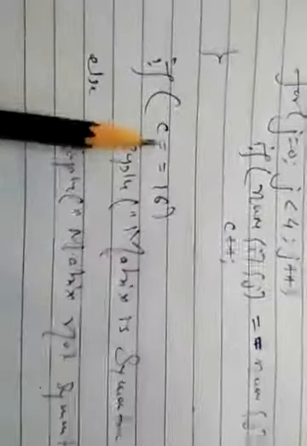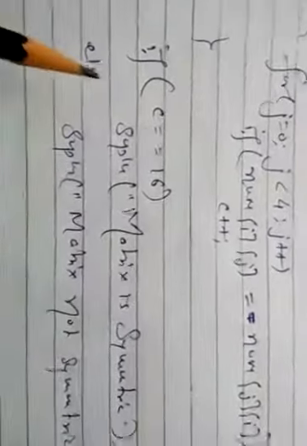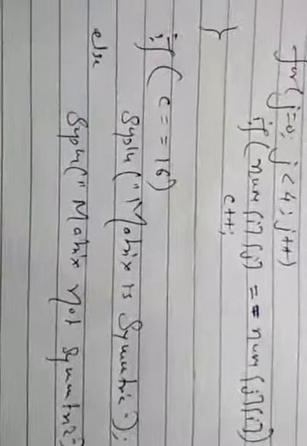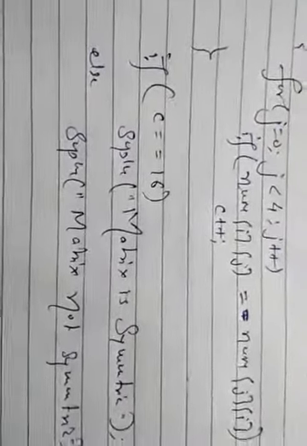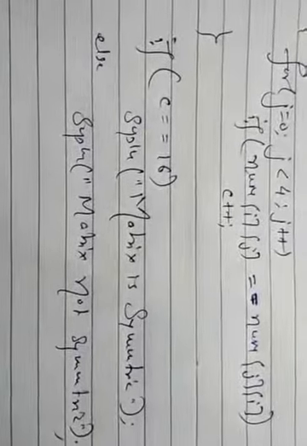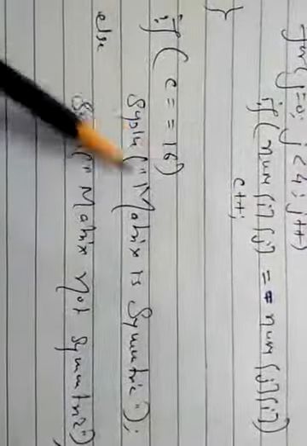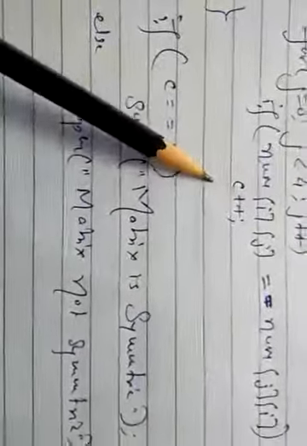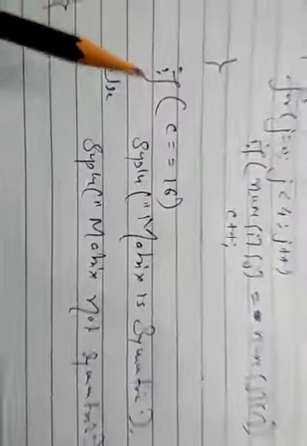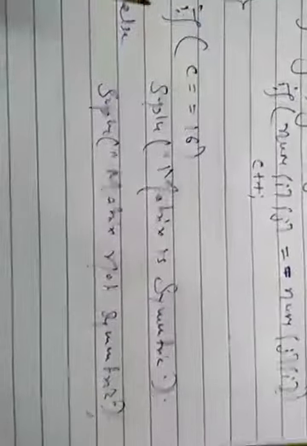What is the main reason behind this? The matrix size is 4 by 4, so the 16 values compared row-wise should exactly match the 16 values vertically in the matrix. If all the values are equal, the value of c will be 16 at the end. So we check that if the value of c is 16, then the matrix is symmetric, otherwise we print that the matrix is not symmetric.